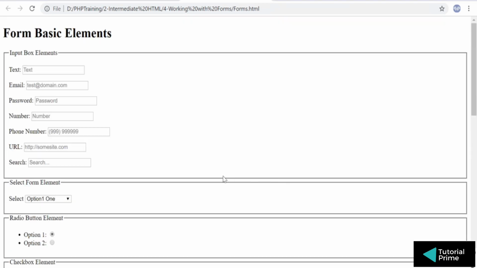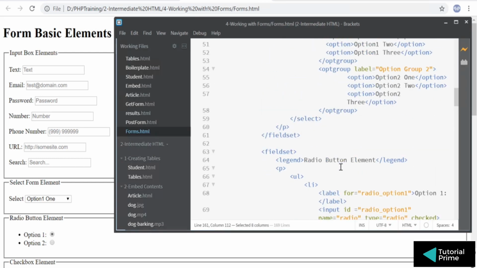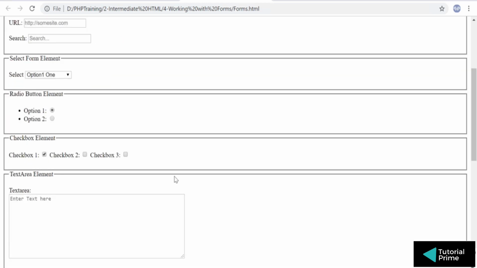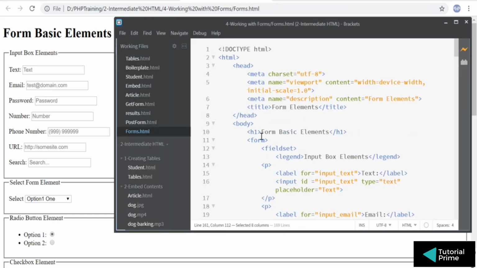Okay, so those are the elements of a form. You can have a look at the code here. I've written all the elements here, so you can have a look, and then you can create your own form. Try to create a contact form. That's your next exercise, and try to use some of the elements here. You can create a survey form, maybe an employee form, a sign up form, a login form, whatever you think, but try to use these elements and embed them inside a form. Try to create a field set, legend, and put a label and the different types of inputs that are available.